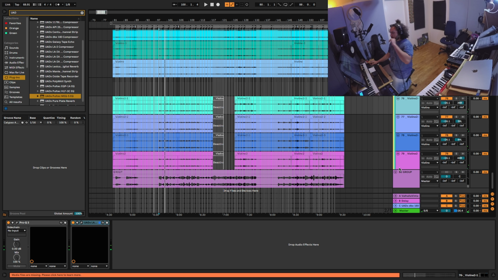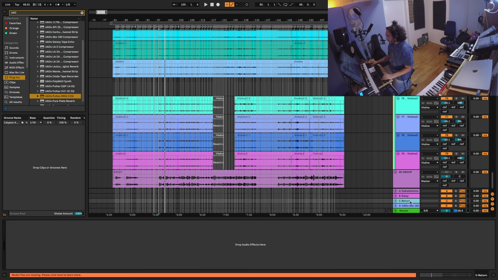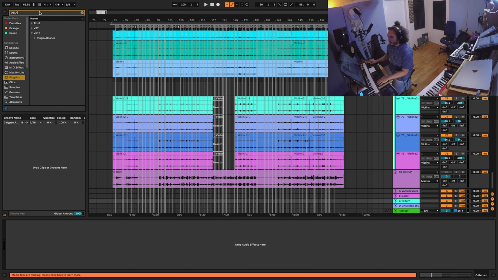And now to the mega trick, I'm going to open a return, and in this return I'm going to create what I call a Haas effect, which is a way to expand something in the stereo field without losing the mono compatibility, and also so that it feels a bit more realistic, because it feels very unnatural to have a sound that is only panned on one side, and you want to have something that is also just